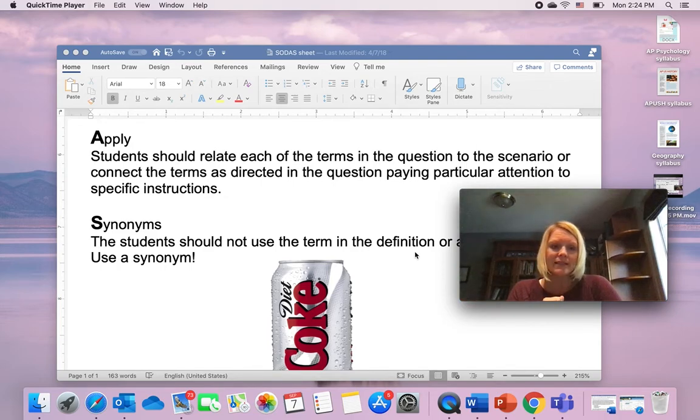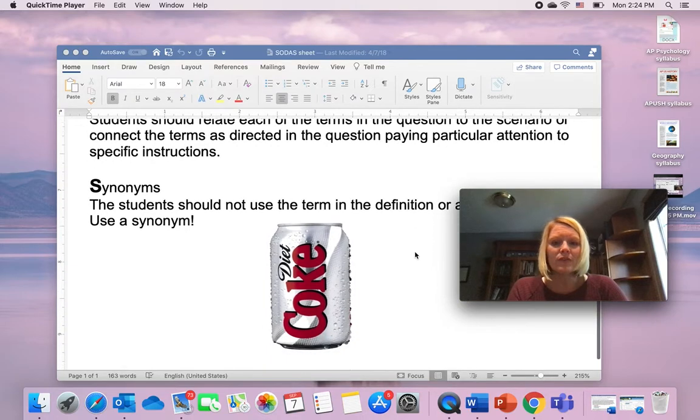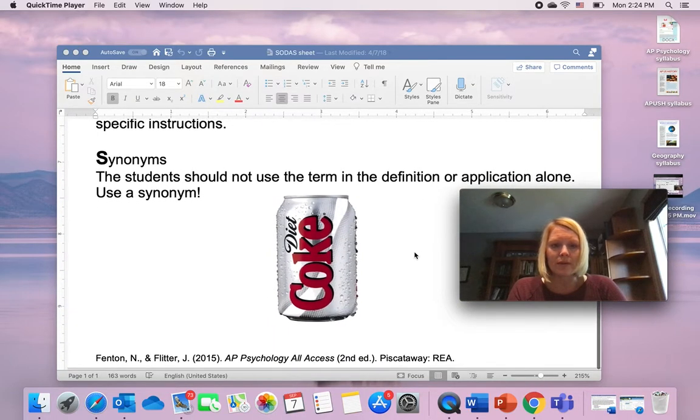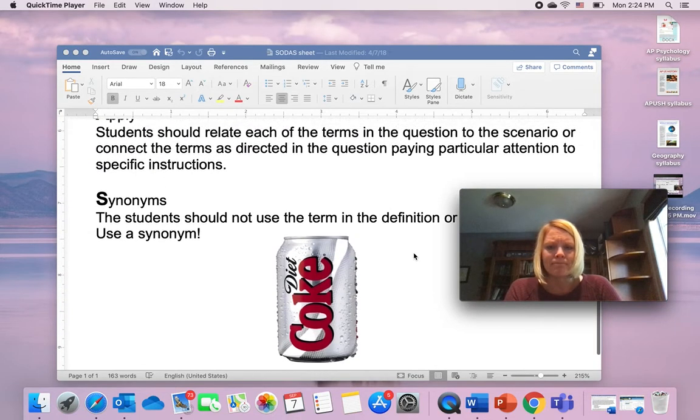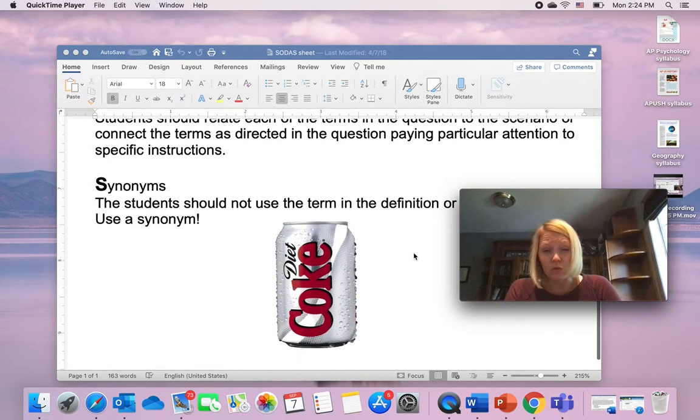And then the last thing is synonyms. You should not use the term in the definition or the application alone. Use a synonym. And what I mean by that is this is not where I get so concerned,